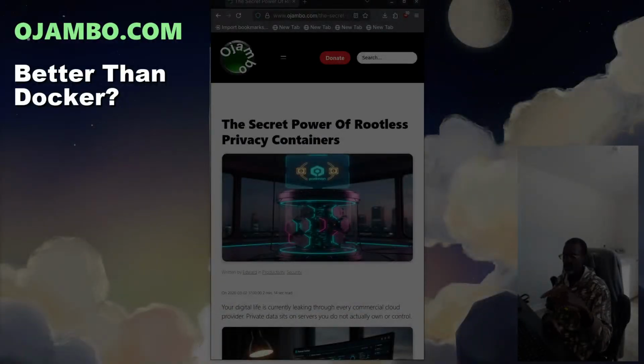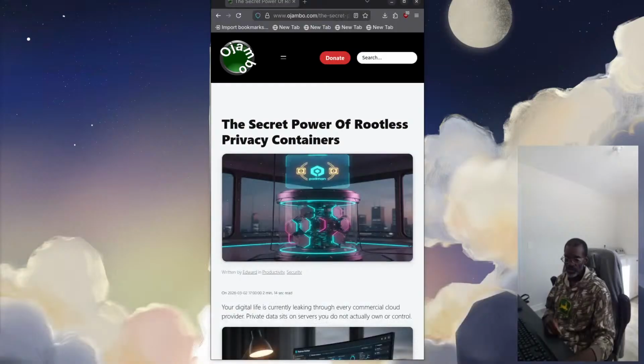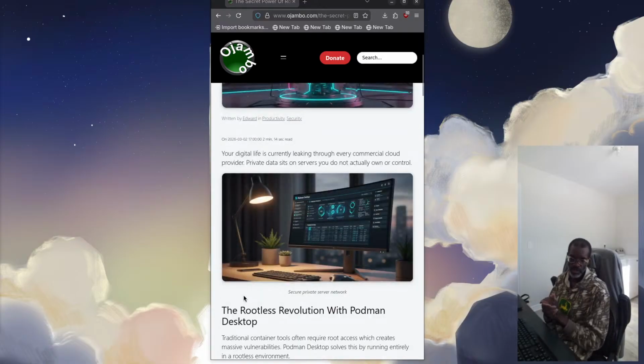So the intro says better than Docker, and I'll prove that to you as well. I had a podcast where I did explain the differences between Podman and Docker. So this will be, I guess, a continuation of that, and you guys will be able to see in real time. Okay, so your digital life is currently leaking through every commercial cloud provider. Private data sits on servers you do not actually own or control. So what I'm going to do then is obviously you can set up your own secure private